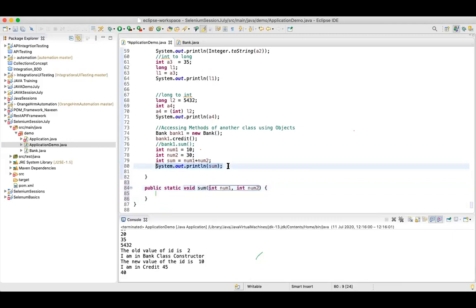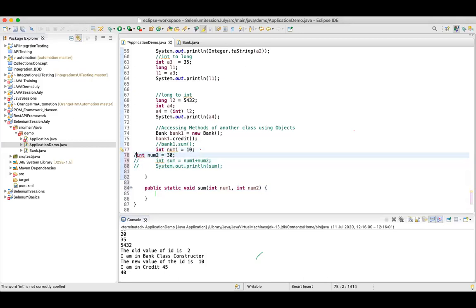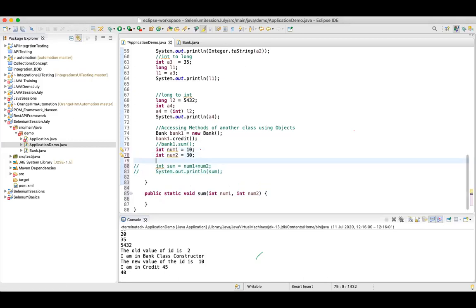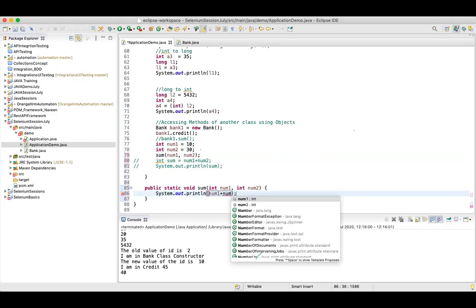Then I'll simply call this method sum with num1 and num2. And here I can say result, or simply num1 plus num2.